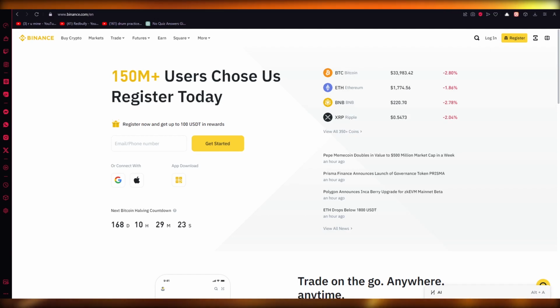Okay, so basically we are going to go ahead and come to our Binance, okay? And in this case, you can do the same with your phone or your mobile app. Once you come to your Binance, all you're going to do from there is make sure you're logged in. Once you're logged in, you're going to go into the settings in your browser, or in Google's case, you're just going to come here where it says currency, and you can change the currency to whatever